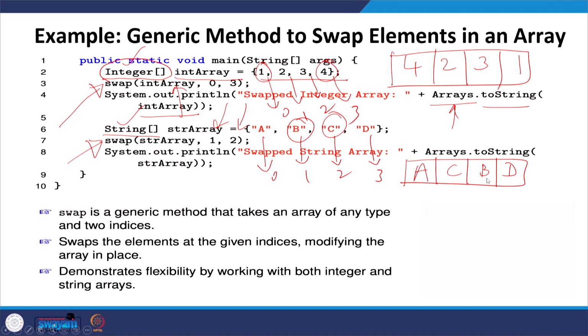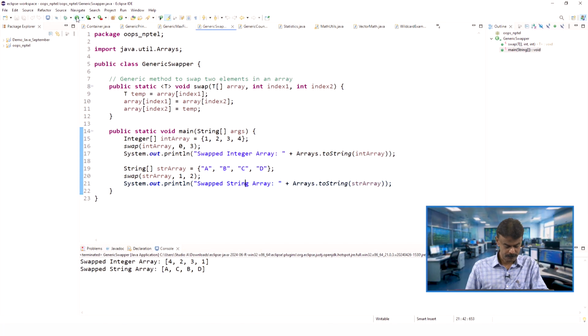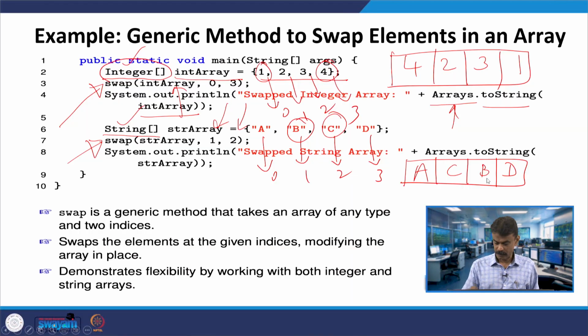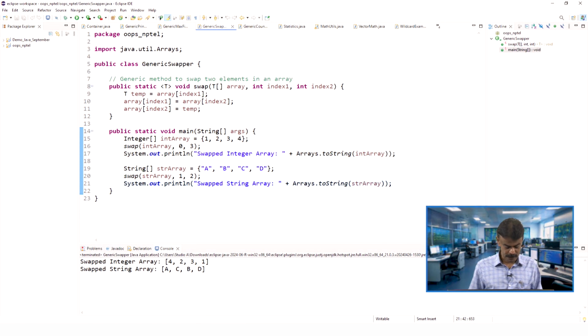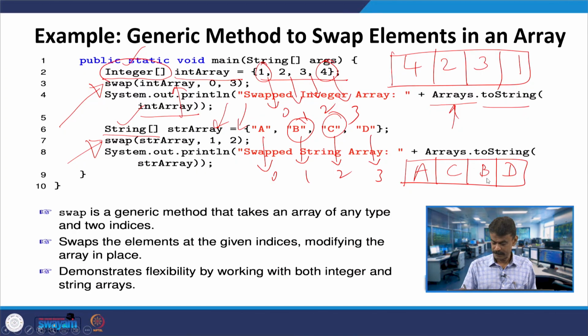Now we will go to the program and run it. This is the one I explained. When you run the code, what we have seen, 4, 2, 3, 1, you can see that. The first one is right, 4, 2, 3, 1, and for the second one we will go to Eclipse again: A, C, B, D. So, what did I write? A, C, B, D. I hope it is clear and you understood, and this is for your reference, whatever I have explained. You can go through this.